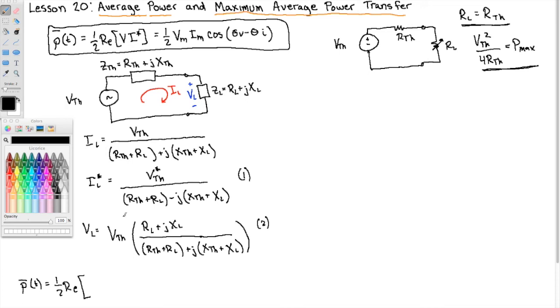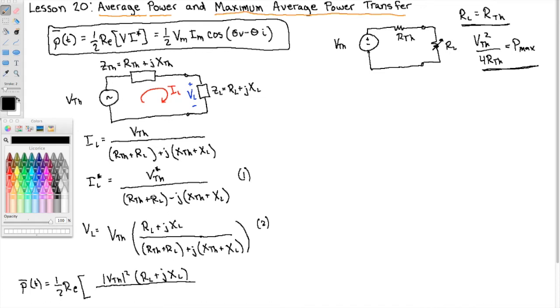First of all, you'll notice I have V Thevenin times the complex conjugate of V Thevenin. When I take a complex number times its complex conjugate, I get the magnitude squared. So this becomes the magnitude of V Thevenin squared times RL plus jXL over